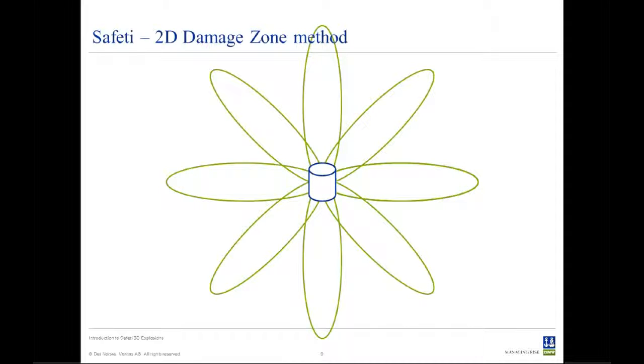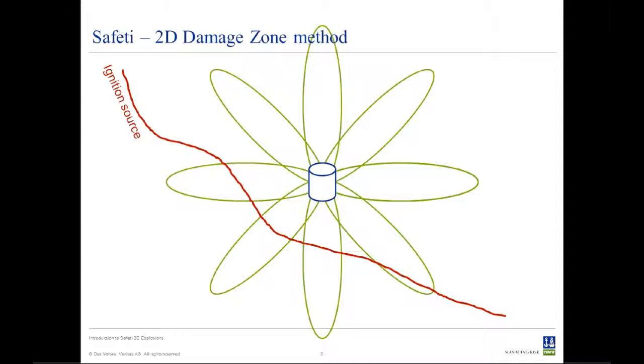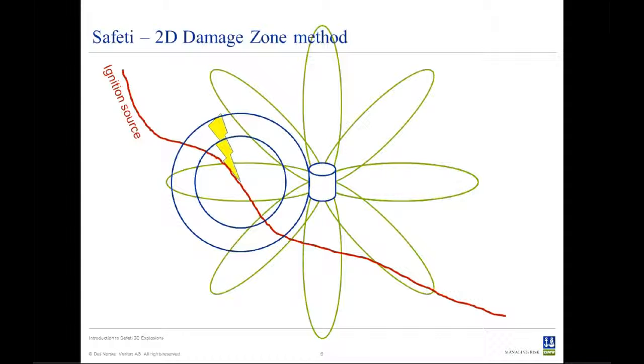And in Safeti we also care about the likelihood of ignition, so ignition sources are drawn on the map. When we have interaction between an ignition source and flammable concentration, we'll experience ignition. The explosion model in Safeti gives us results of two damage level radii, so for heavy blast damage and light blast damage. This will occur accompanied by a flash fire,